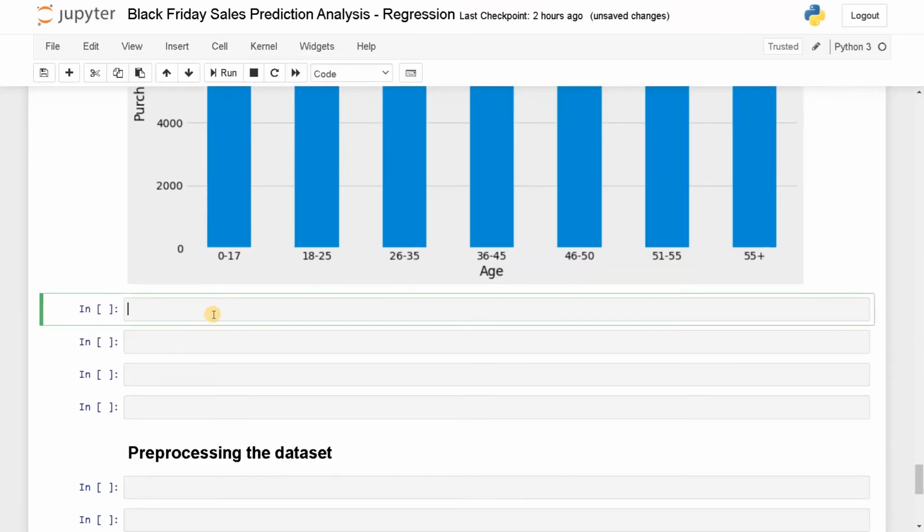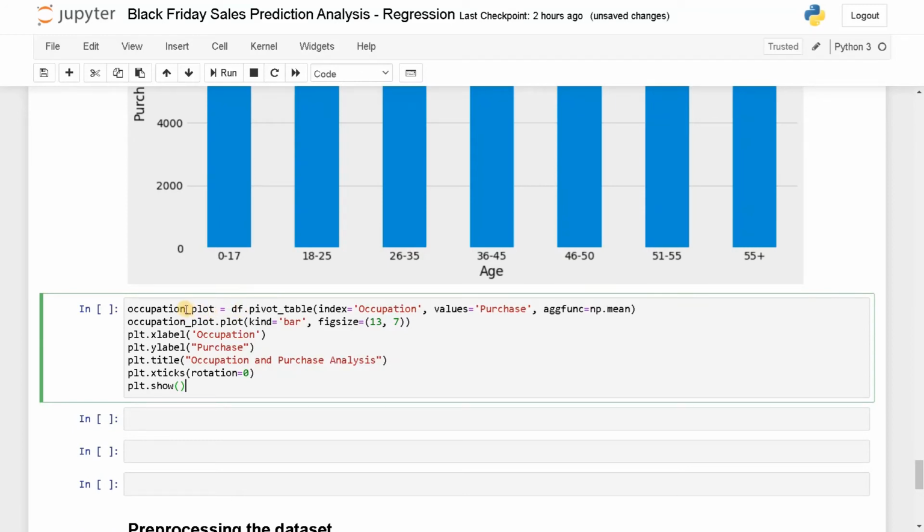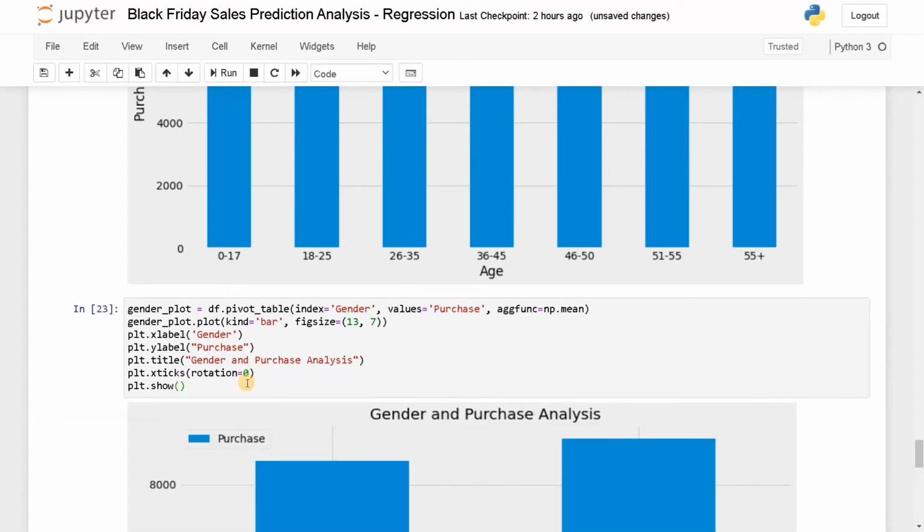So let's do it for gender. Let's copy this so it will be easy for us. Gender, gender. Okay, let's run this now.